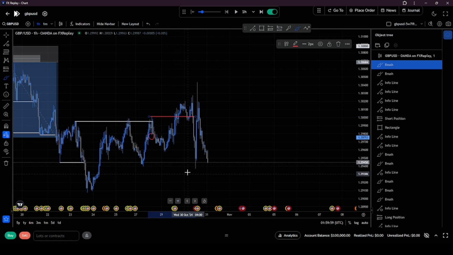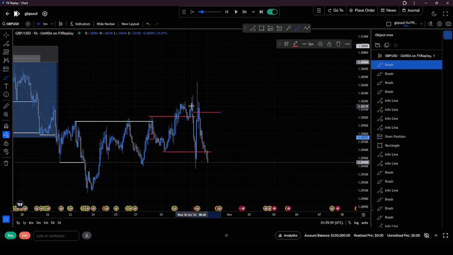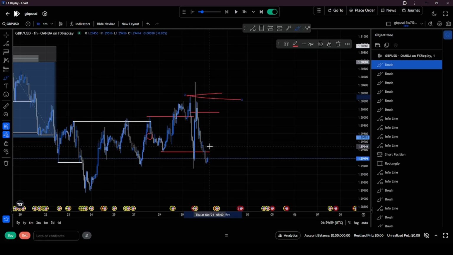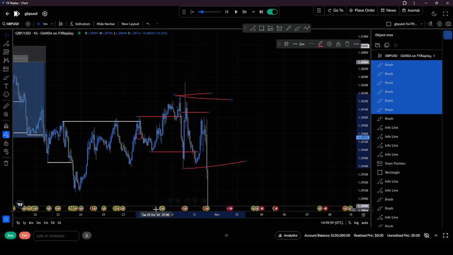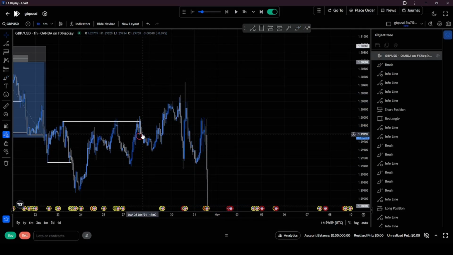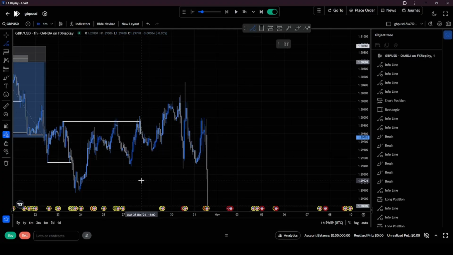Okay, so after that break of structure, price then shifted again. So that was a short term bullish trend. Mitigated this supply zone, swept this major inducement, and then price dropped. All right. So as you can remember, I said when we don't have any major inducement, the externals